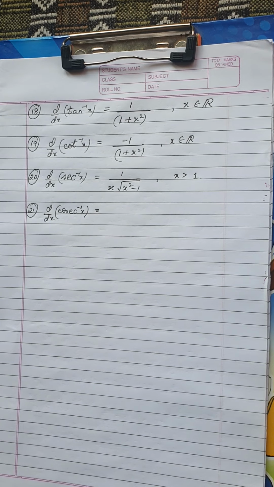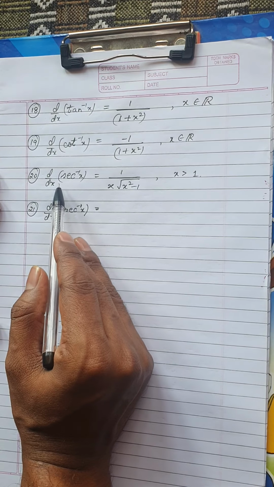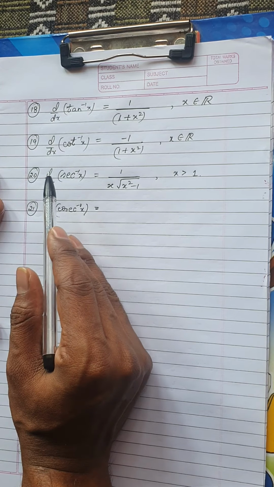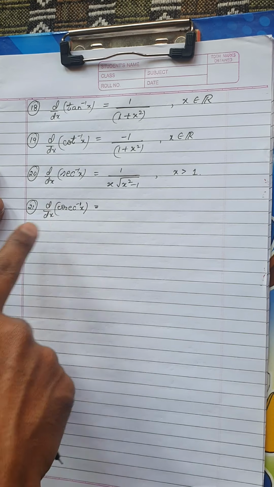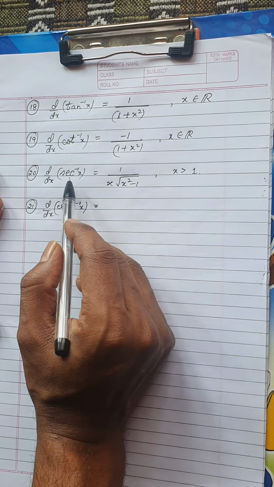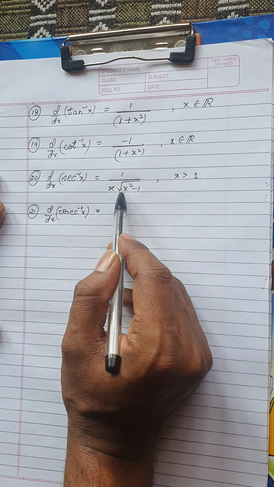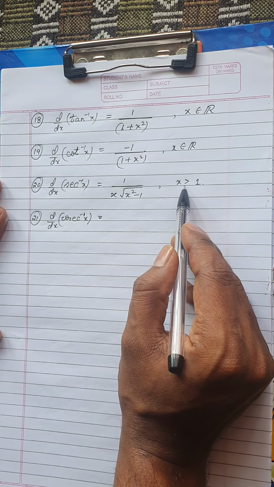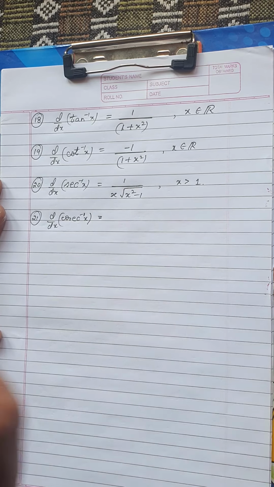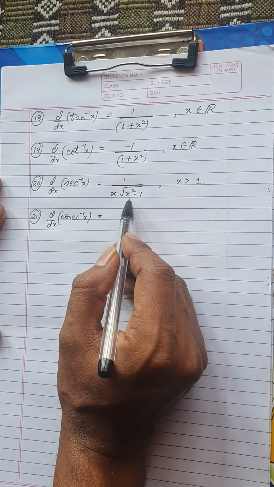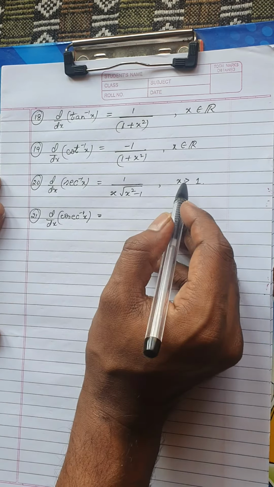Fine. Okay, let's move on to the last pair of inverse trigonometric functions. So we saw sine inverse and cos inverse, we saw tan inverse and cot inverse. Now finally secant inverse and cosecant inverse. Derivative of secant inverse x is 1 divided by x into root of x square minus 1. So the condition is x should be a positive value, that is greater than 1. The reason is if x is less than 1, this will become a complex term. So that's why remember the condition.